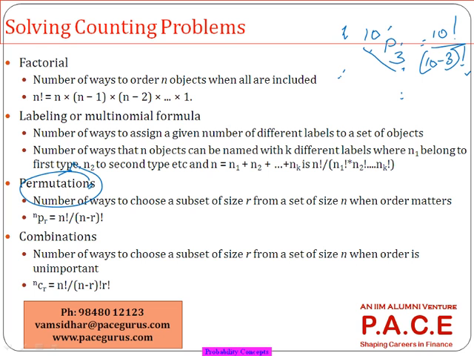So you can always write 10 factorial like 10 into 9 into 8 into 7 factorial. The denominator is also 7 factorial. So overall you are left only with 10 into 9 into 8. So there are 720 ways in which you can pick up 3 items out of the 10 items where the order really matters. And if that order really doesn't matter,